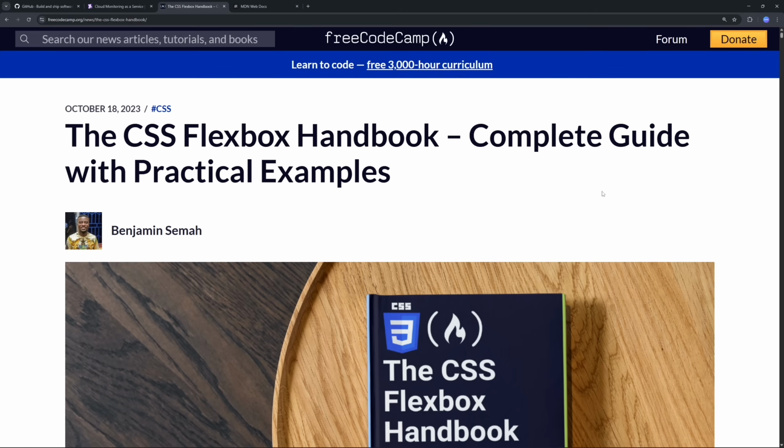First of all, we have this blog post by freeCodeCamp by this author whose name is Benjamin Sema. Okay, I might have pronounced his name incorrectly, so sorry for that. But this blog post is quite helpful, and this is one of the best resources which I have found to learn about the CSS Flexbox. Okay, so this is called the CSS Flexbox Handbook, complete guide with practical examples. So you can search it online, and also the link of this blog post will be available inside of the